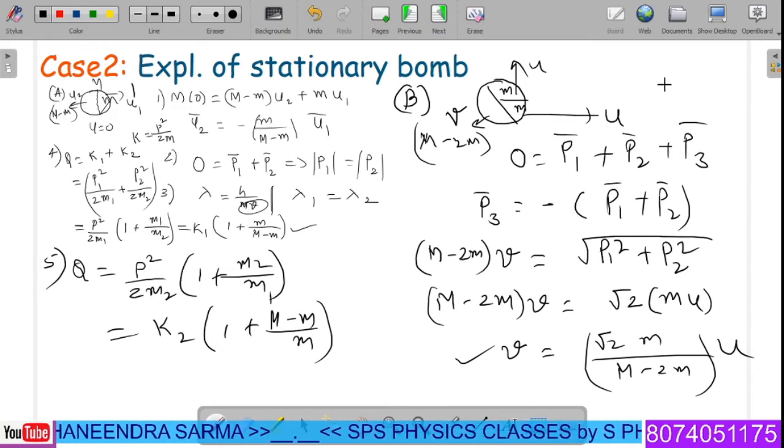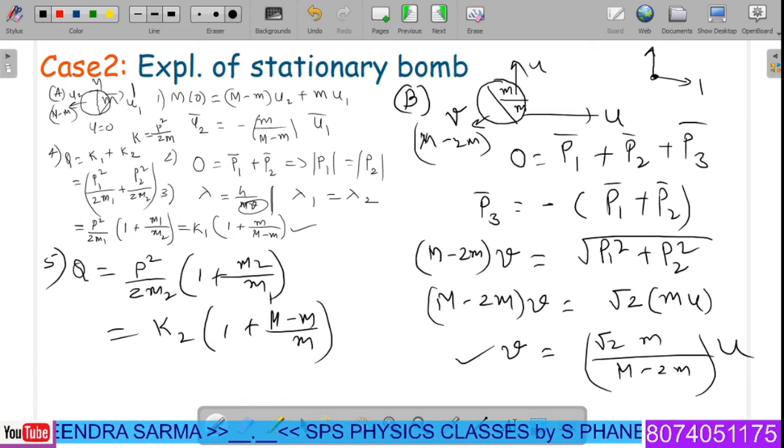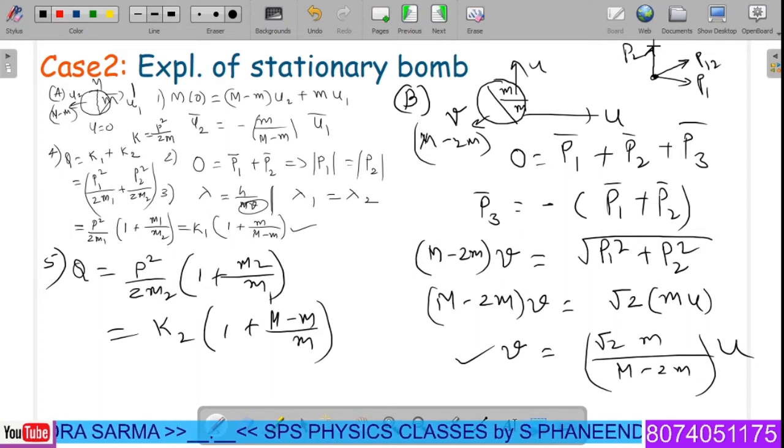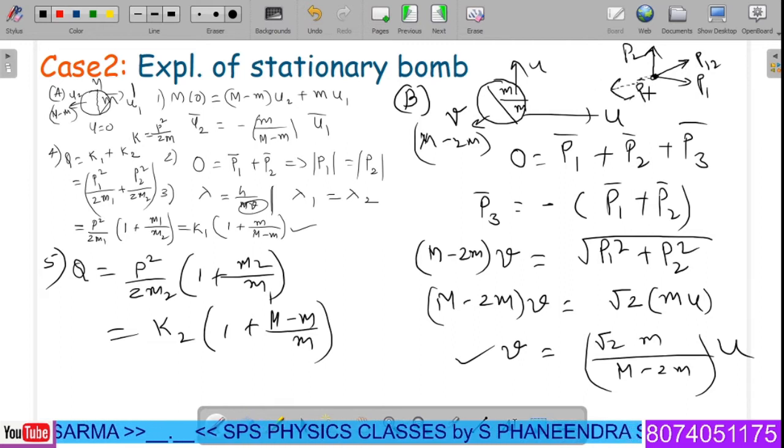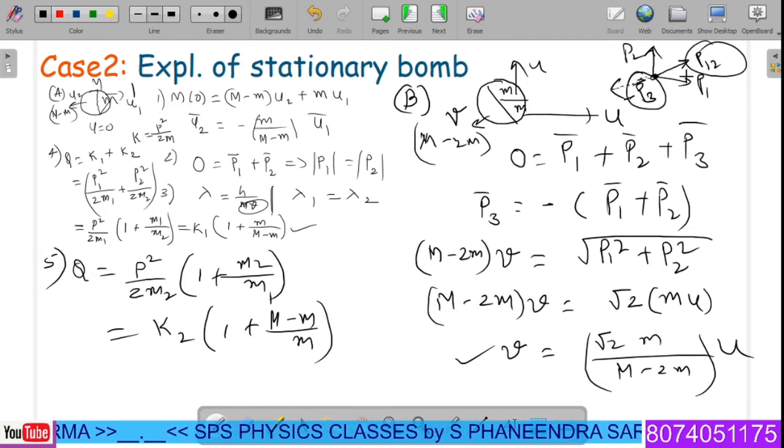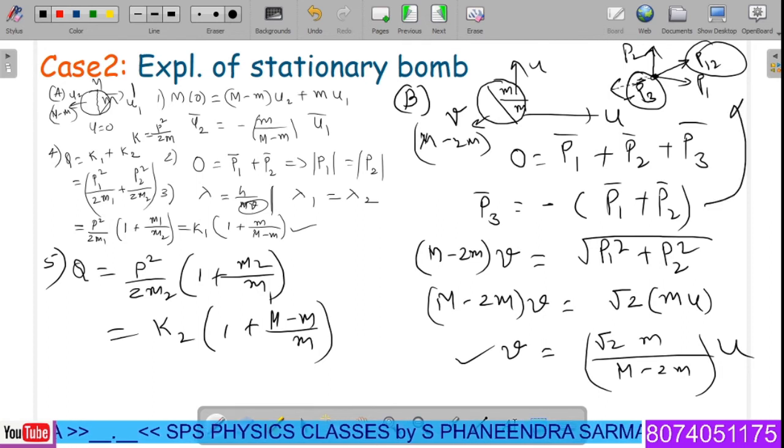Or when you try to prepare it in the form of vectors, this is so simple. Actually, these are the two momentums, P1 as well as P2, and this is the resultant. What is the resultant here? P12 is the resultant of these two vectors. So the third momentum should be opposite to P12. That means this is the value of P3 bar. So P3 bar is opposite to the resultant of P1 and P2. That is what we can represent in the form of a vectorial diagram.